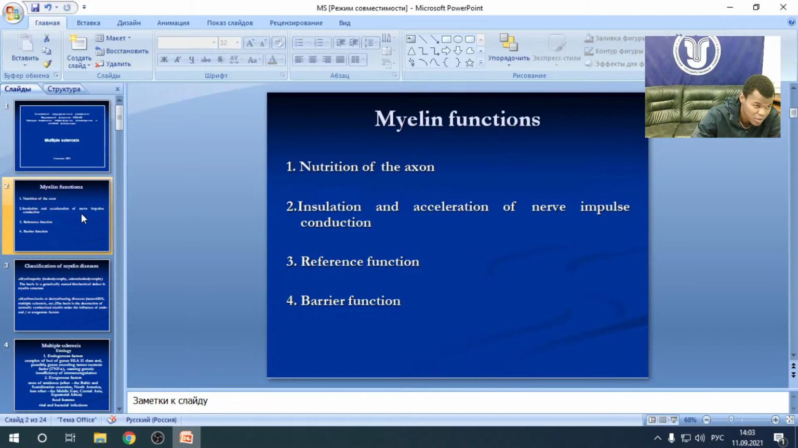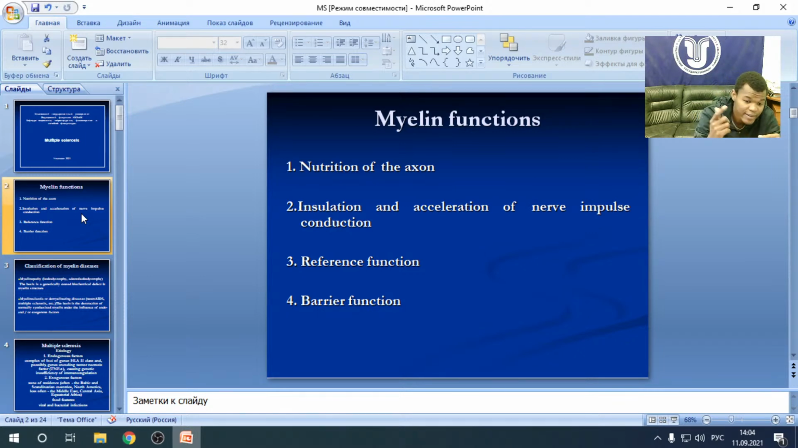So let's see the function. Myelin functions are a nutrition of the axon. When you have a long neuron, inside of it there is an axon, and the myelin is covering the axon. So it has the function of nutrition. It's taking care of the axon,